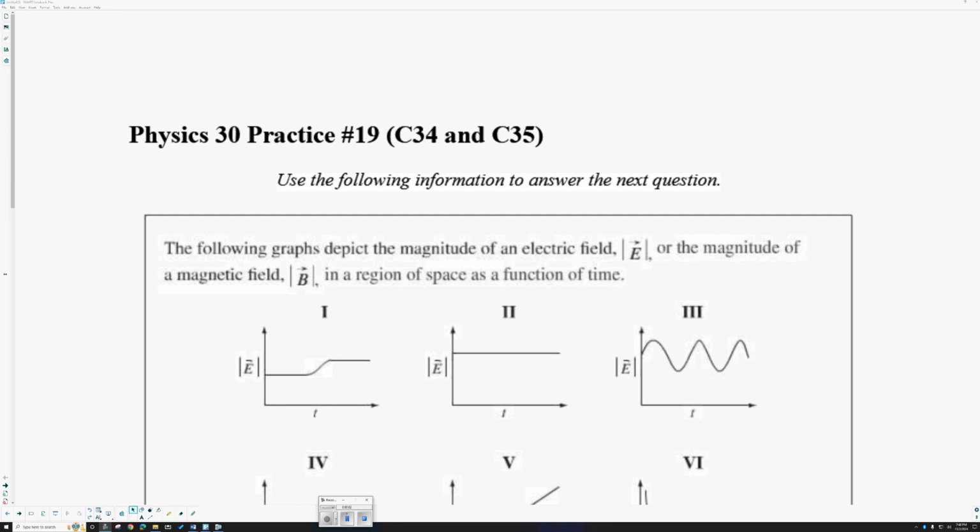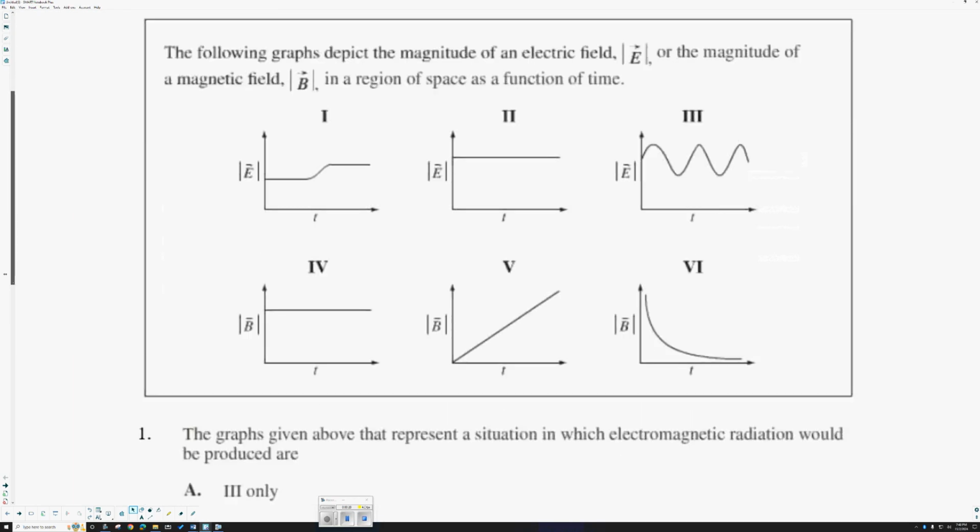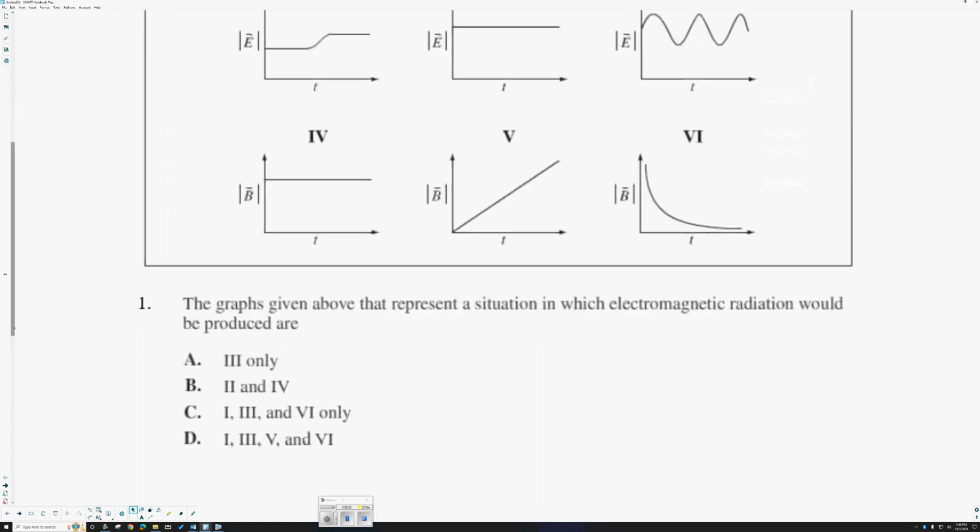Practice quiz number 19. I got some information here with some graphs. It says the following graphs depict the magnitude of an electric field or the magnetic field in a region of space as a function of time. You can see that 3 graphs are electric field versus time, and 3 graphs are magnetic field versus time. We want to know which of these graphs represent a situation in which electromagnetic radiation, or EMR,